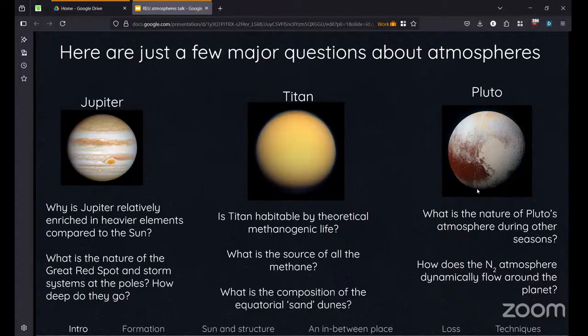And like I mentioned with Pluto, the year is so long that the whole time we've had a space program, we've only seen one season of Pluto. So we really don't know anything about its atmosphere at other times of its year, beyond what we can deduce with modeling. I don't do Pluto at all, but I think it's fascinating. There are still a lot of questions about how its atmosphere works. There's a lot of dynamics with sublimation of nitrogen ice off the surface and condensation, and a lot of that action is happening in Sputnik Planitia, which is the heart of Pluto. But there are still a lot of mysteries there to be found.